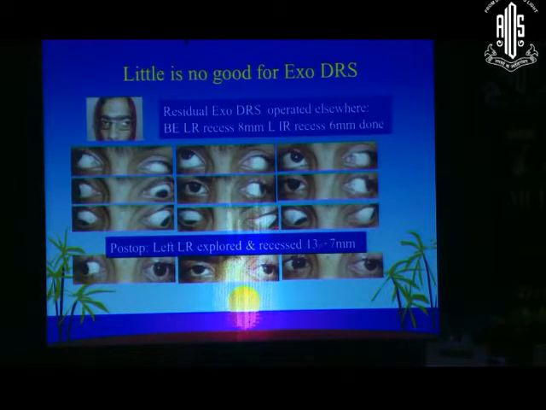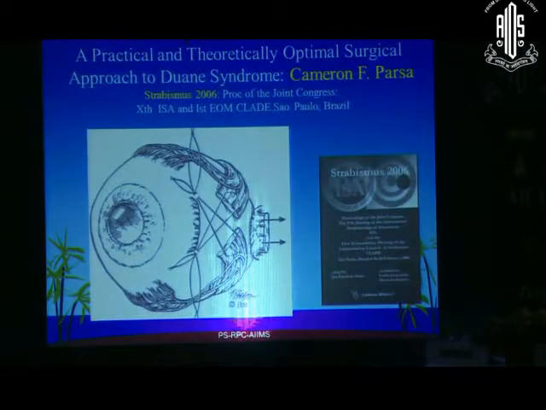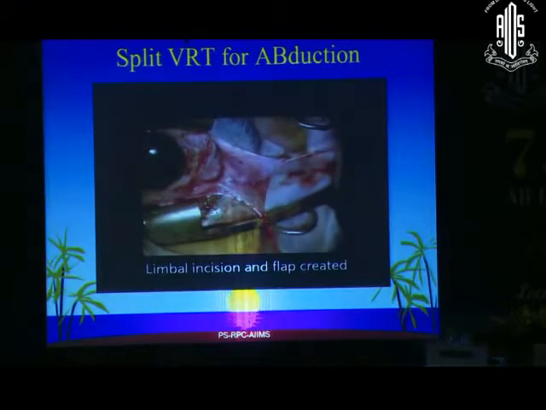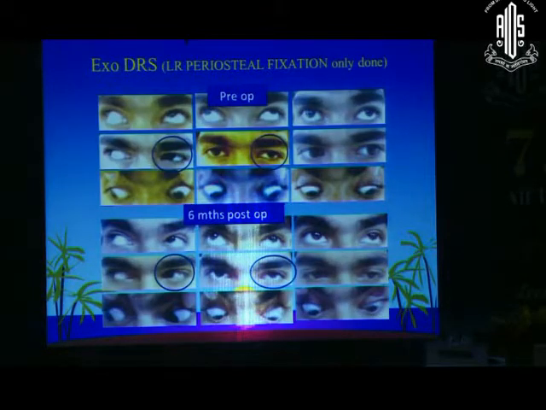Now if you are doing 18 or 20 mm, you can't do a Y split because you can't reach. At 20 mm, you can't do a regular recession, you will have to do a hang-back. So Y split is not going to be practical. Usually there is a choice between a Y split or supramaximal recessions. Then vertical rectus transposition can be done in addition to improve the abduction. We will not go into more detail on this, but just show you the pictures.